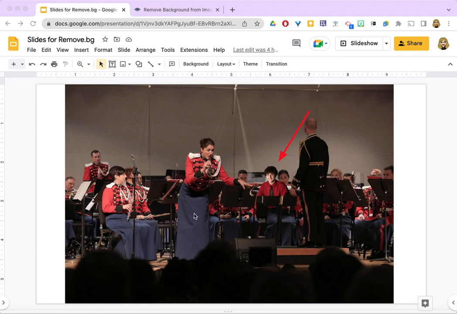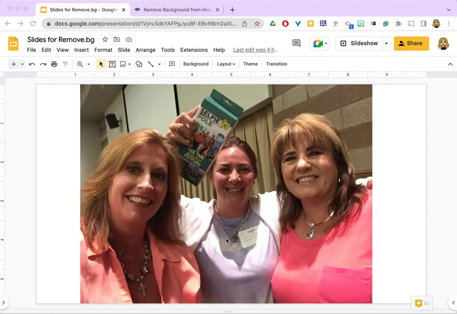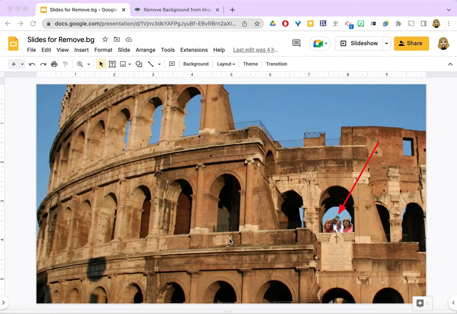Another example is this dog show. And now my dog is at the dog show. These are three people who were at a conference, but now they are at the Colosseum in Rome. Think of the creative and academic writing or oral language that your students will generate to tell about their enhanced